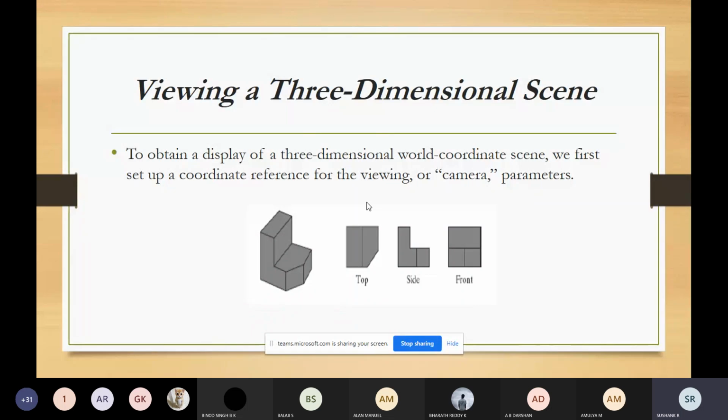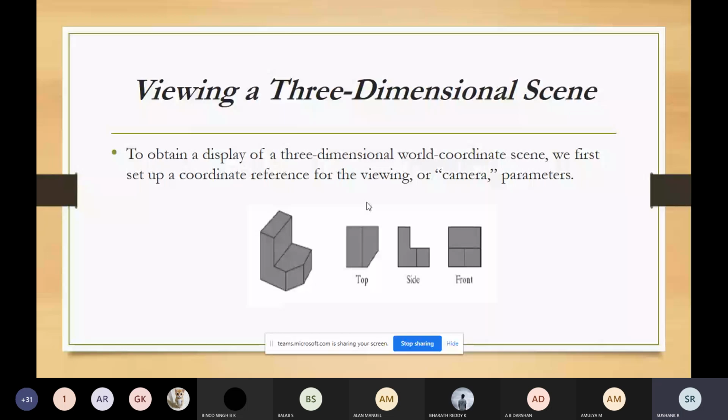What perspective projection means is that we are constructing a view of the 3D scene from the 3D object by projecting the points to the view plane along converging points. This we will call perspective projection.